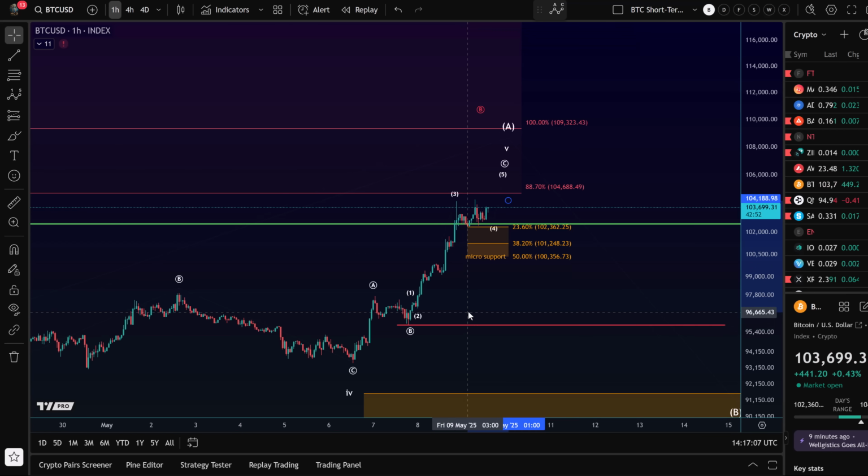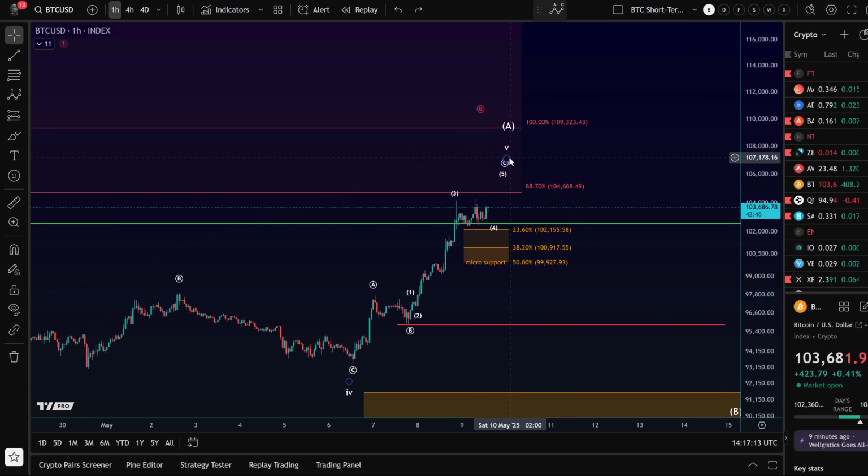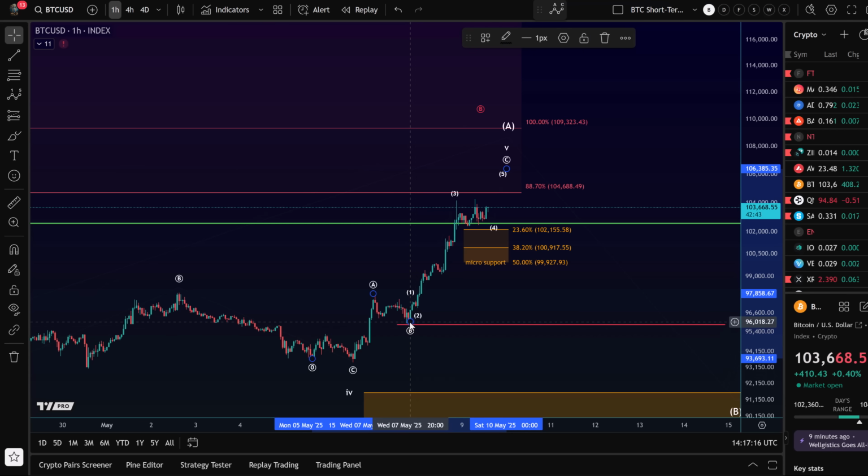To be fair, I should probably even adjust micro support slightly, but I'm not doing that because the nanostructure in this C wave to the upside that started on Wednesday is not very clear. I think another high across the sector is likely, especially if I can compare that with other charts that are a little bit more clear on the smaller time frame. Most of them would allow for another high, and also the Bitcoin chart does allow for higher prices. But again, please consider where we're coming from, and that this is a very full wave count to the upside now. But still, looking for higher